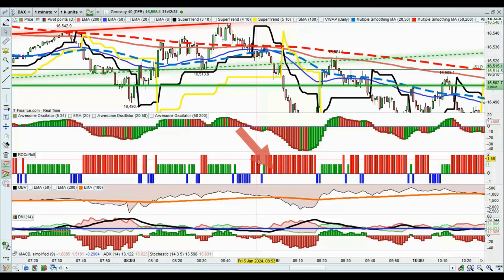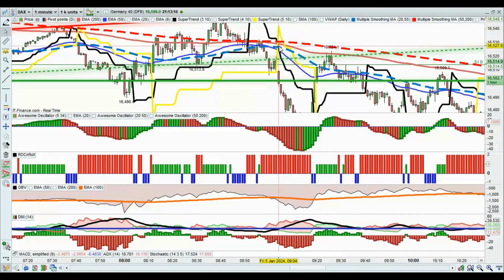It's all red on rock and roll, and we can see the OBV is starting to drop here, quite below the 100 EMA, but it's starting to fall. And of course, here we have the directional movement index below the zero line going red. These are all great indicators that the DAX is falling. So an entry from here,